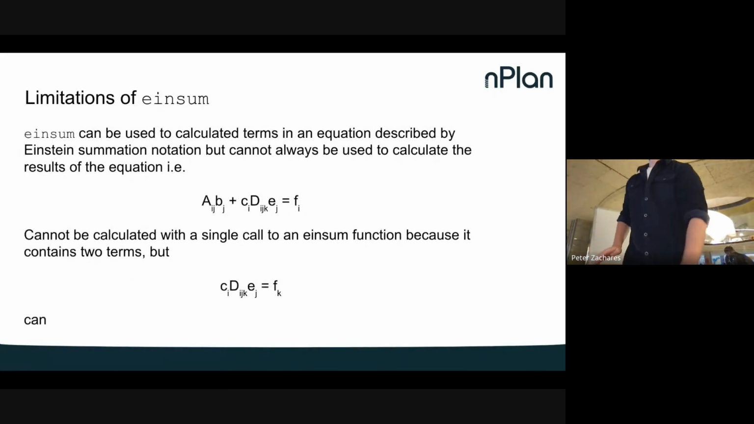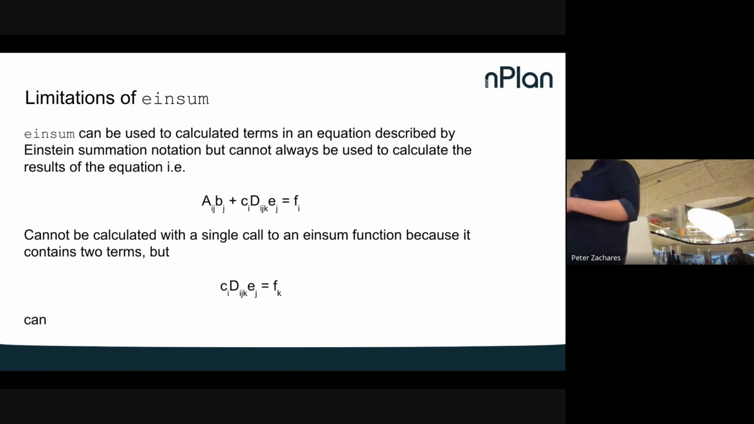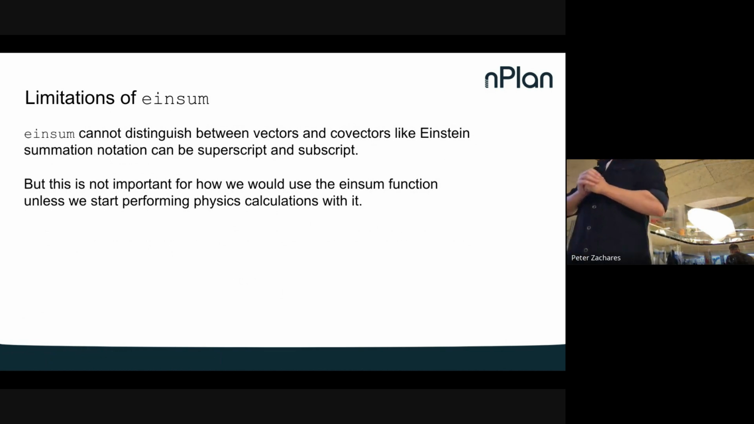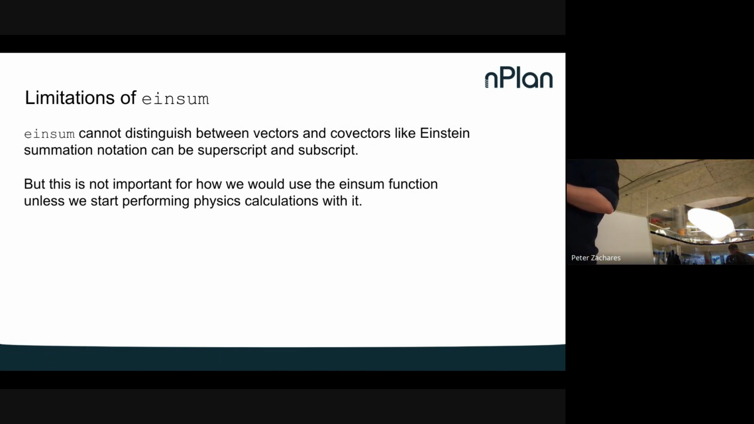So there are a couple of limitations of the einsum function. One is that you can only calculate a single term in an equation expressed by Einstein summation notation. So you can calculate this and this, but you can't calculate them together. There's no way of doing that. If you have to do both, you would probably just do einsum this plus einsum this. And the other limitation is that einsum cannot distinguish between vectors and covectors,